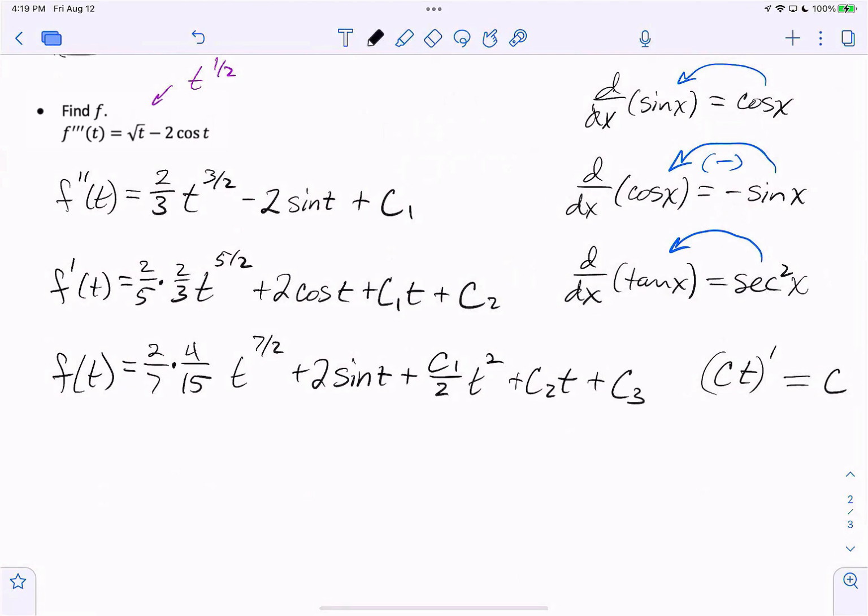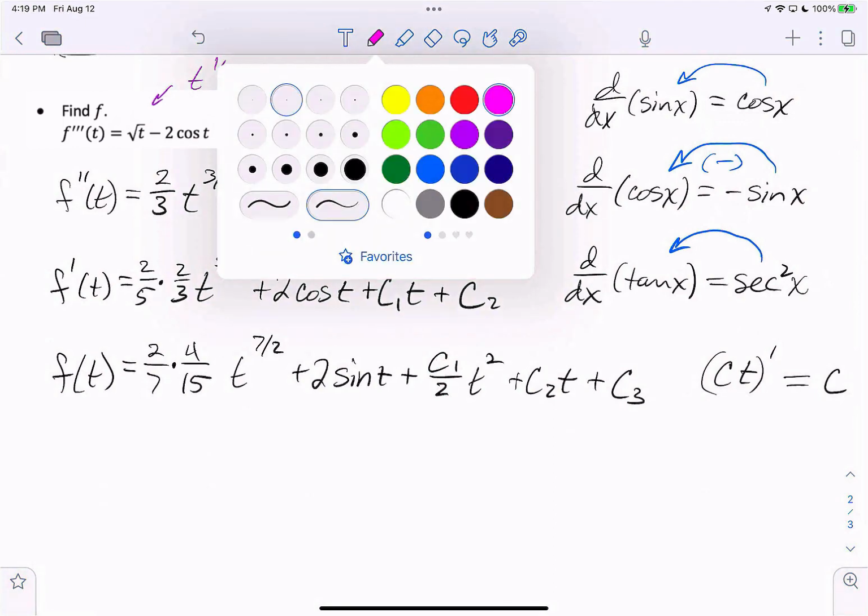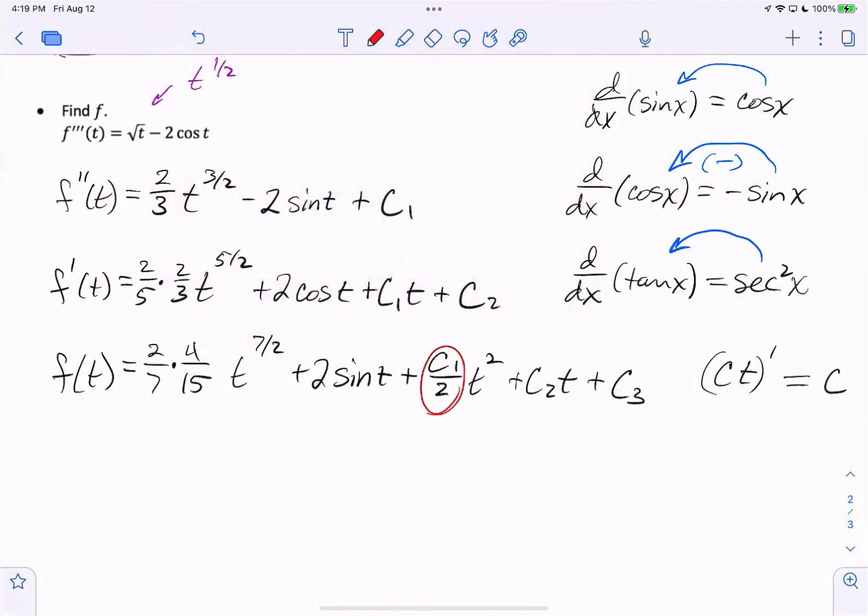now I need some more room here, plus c3. Look, c1 is a constant, so c1/2 is also a constant, and so I'm going to end up replacing c1/2. Our final answer is going to be f of t is equal to 8 over, I think that's 105, t to the 7/2 plus 2 times the sine of t plus,